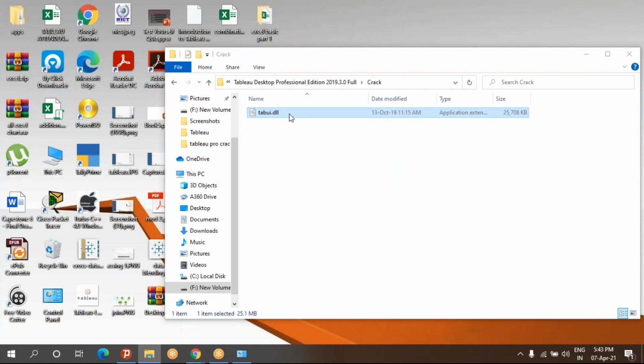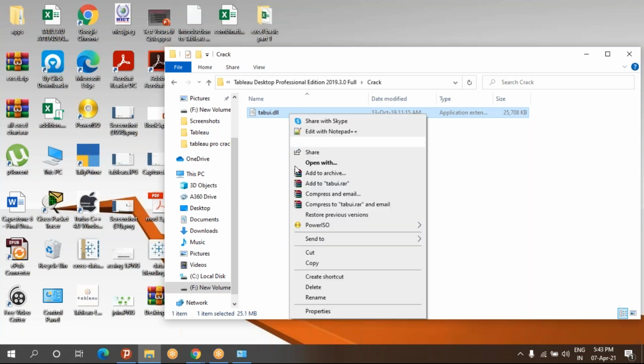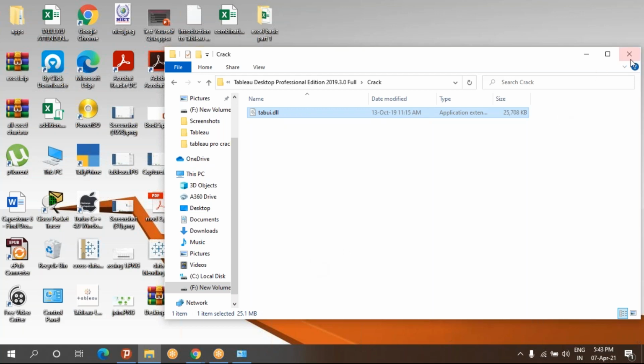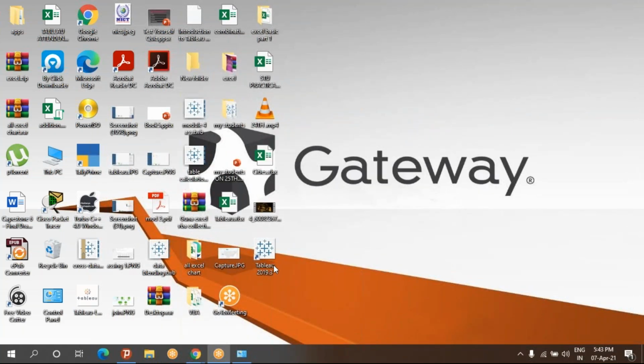Just right click on that file, copy it, and close it. Then there is the software icon that I get once I install version 19.3.